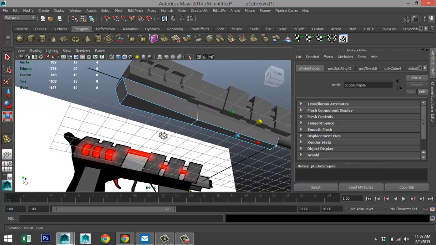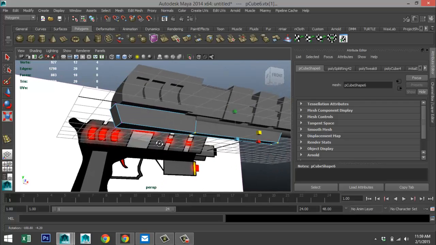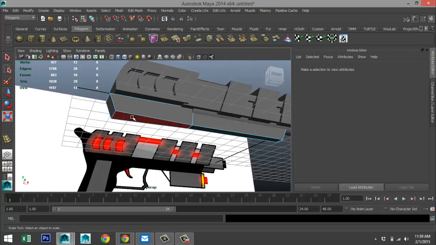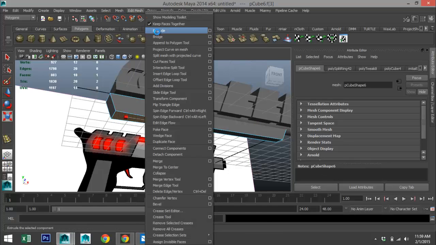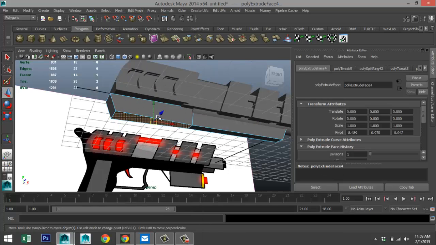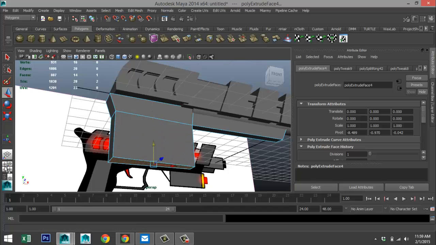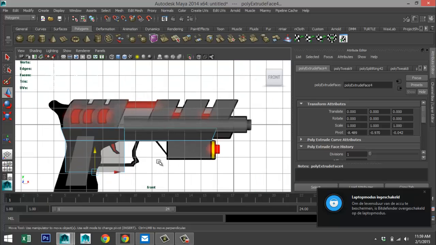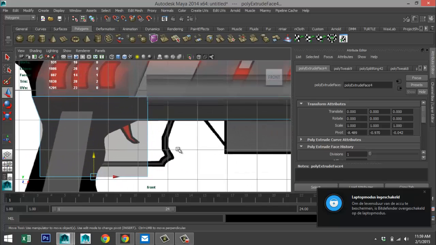And actually, yeah, that's not bad. Okay, we'll do that. Then we're gonna right click on a face, select that face, edit mesh, extrude, hit W and pull that down. And just check to see what we got here. Okay.